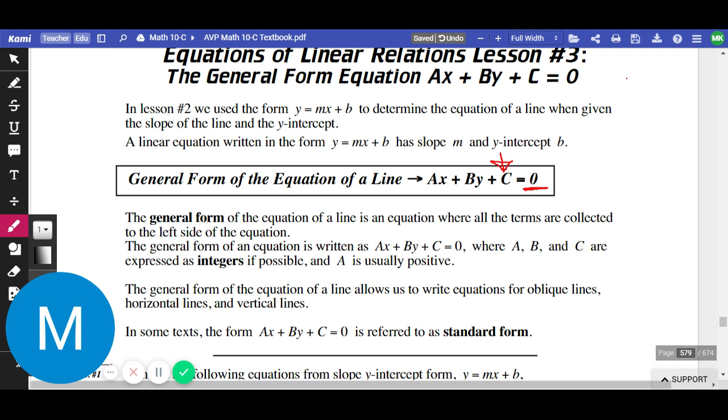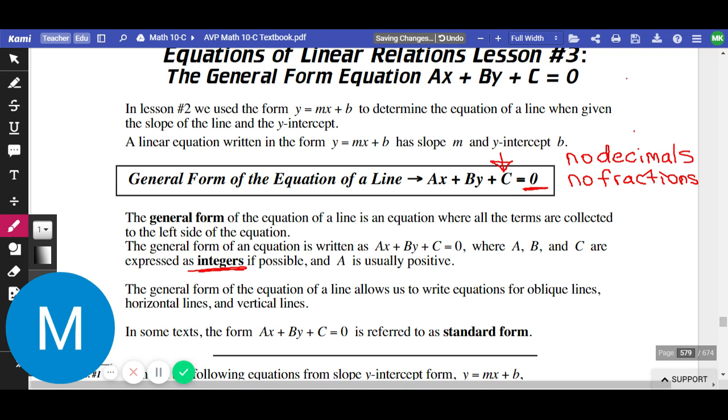general form. The first rule is you're not allowed any decimals or fractions. Okay, we say that every number has to be an integer. Every number has to be an integer. All right, so that means no decimals. No fractions. And if you have decimals or fractions, then you're not technically in general form, and I'll teach you how to